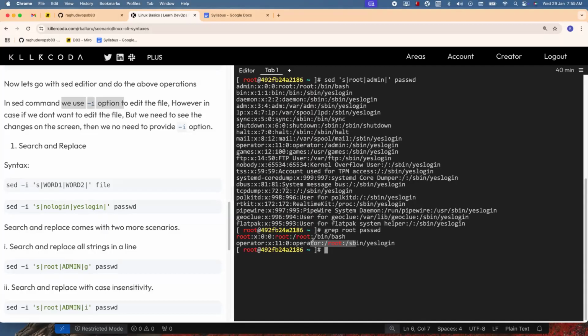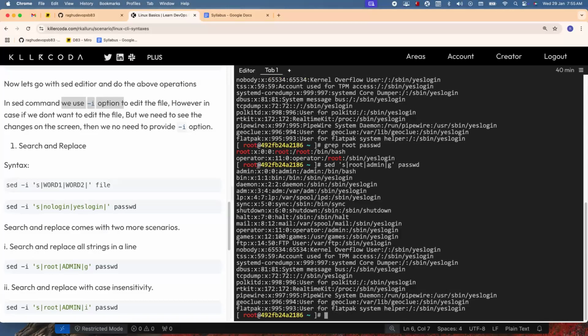Now you wanted to make it global, so simply go for global. Now you can see this g stands for global. Globally change across the line, not the file. Every line in the file it will take care of automatically. On a line, if there are multiple matches you want to replace, then you go for